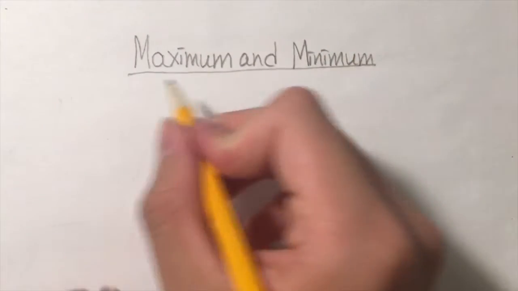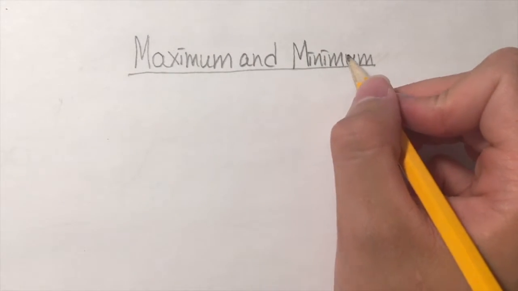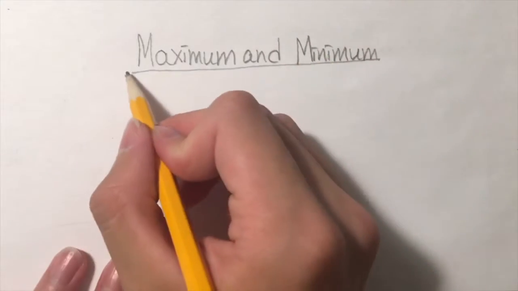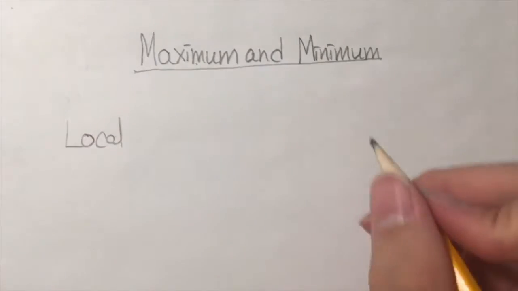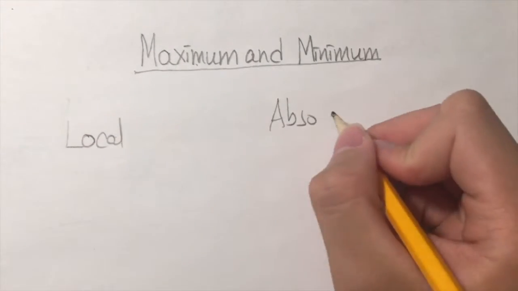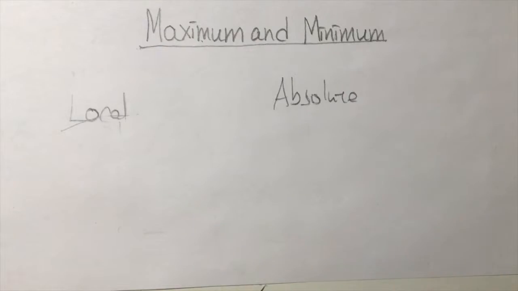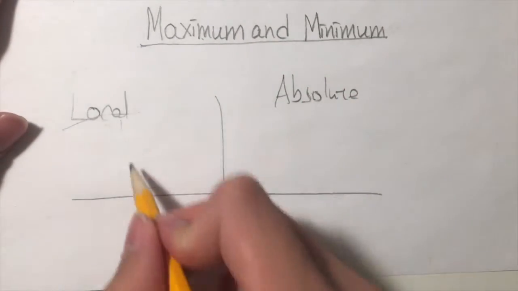Okay, so today we're going to talk about maximum and minimum values of a function within a given interval. There are two kinds of maximum and minimum values: the local maximum and minimum values, as well as absolute maximum and minimum values. So if we take a function like this,